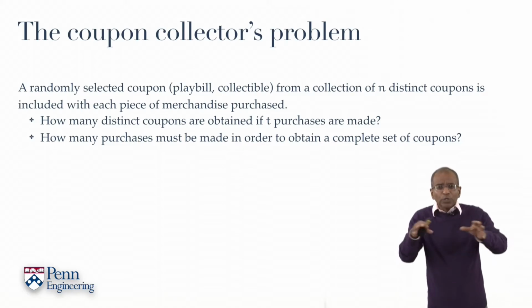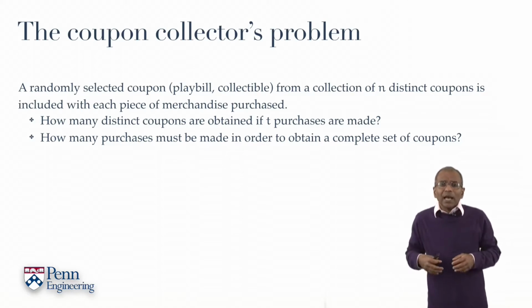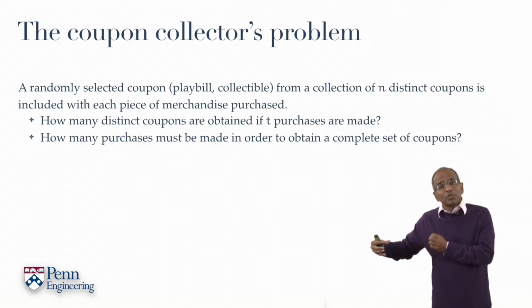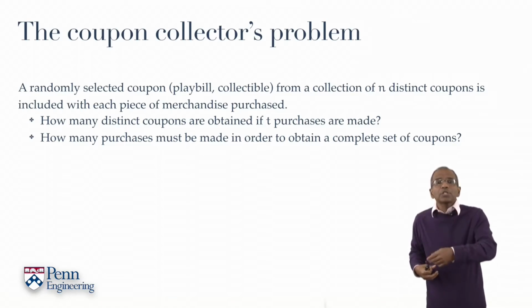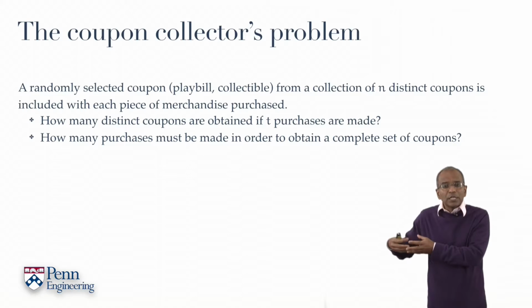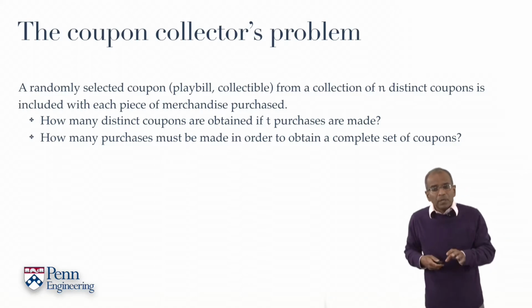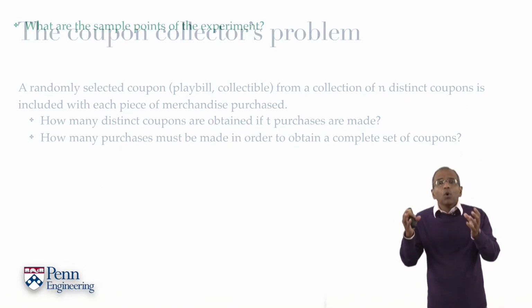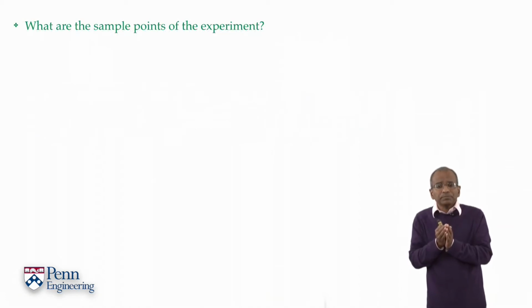We've assumed that all the coupons are equally likely, and each of them is equally likely of distribution into any given particular piece of merchandise, that the manufacturer has got an infinite supply of these coupons available, so he can keep putting coupons in without denuding his supply. And what is the chance experiment here? Well, naturally enough, our very first question is going to be inevitably, what is the sample space for the problem?